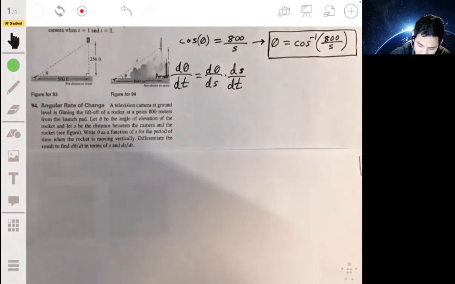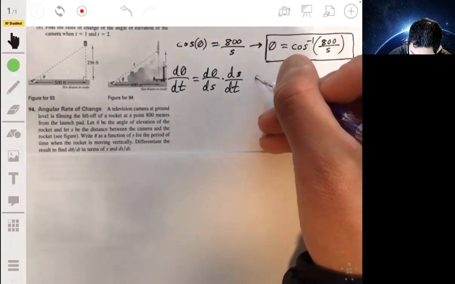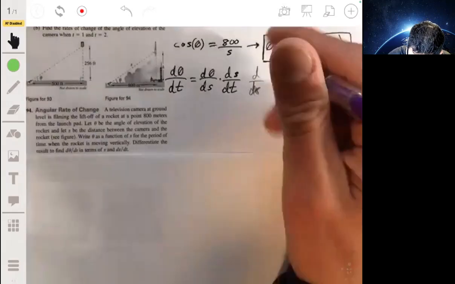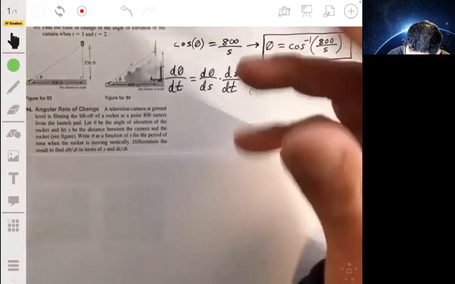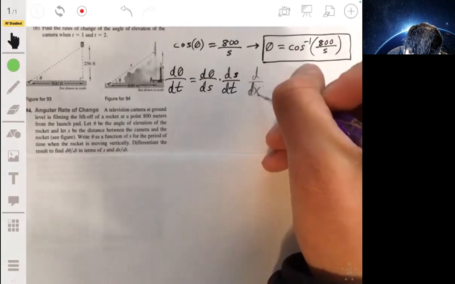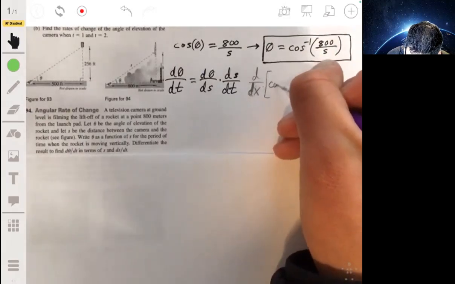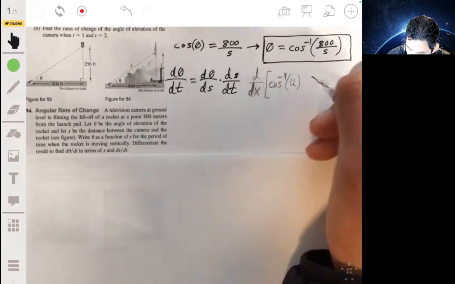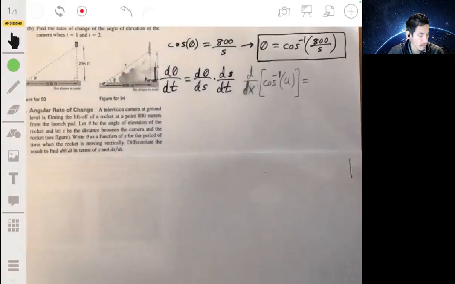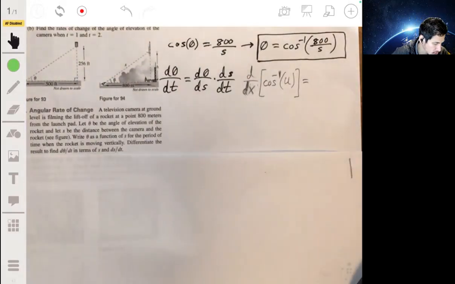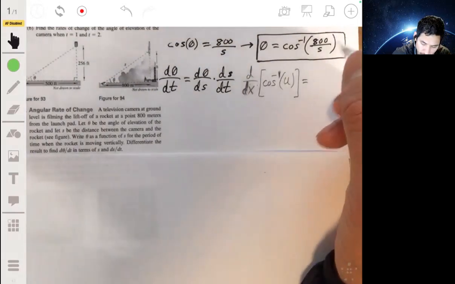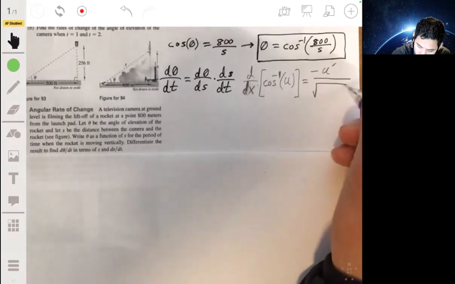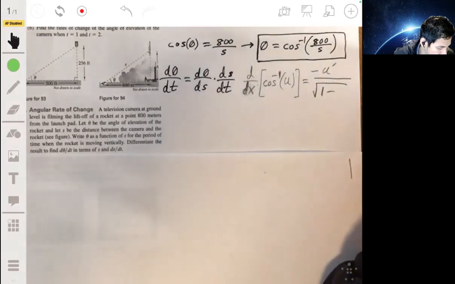Using u substitution, the derivative with respect to x of the inverse cosine of u will be equal to negative u prime